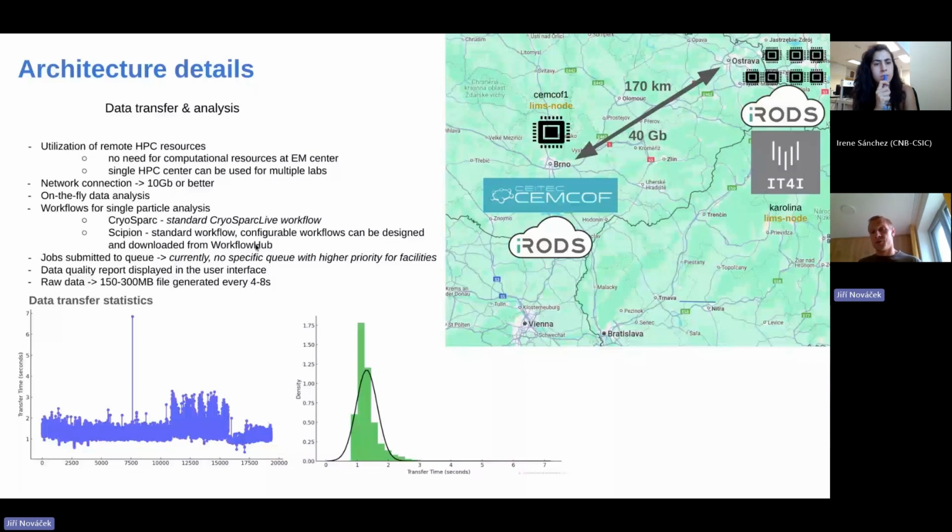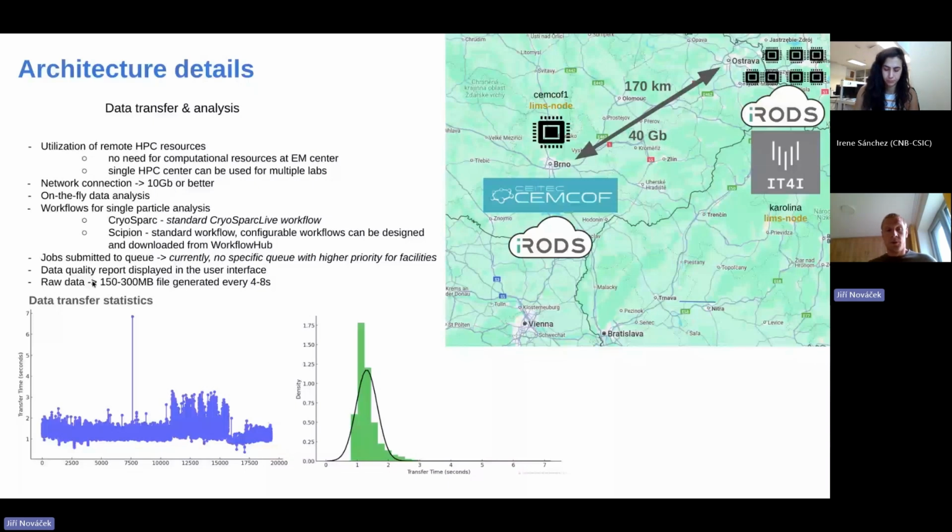So a user can eventually design her or his workflow that is then uploaded to the workflow hub and can be directly used during the data processing. Currently, we use a standard queuing system on that HPC, without a particular priority for the facility, and for the EM data,